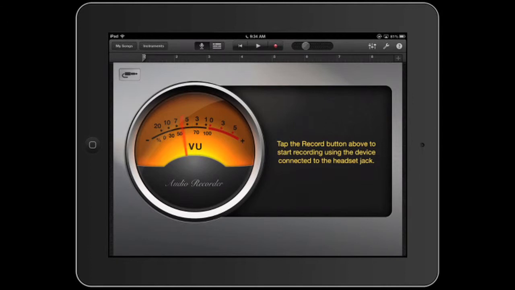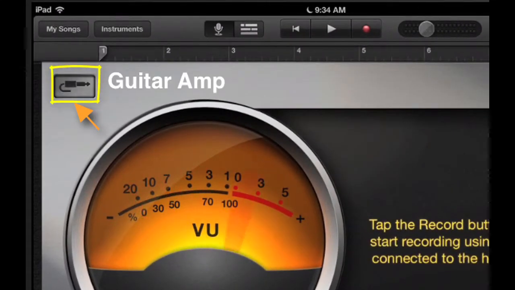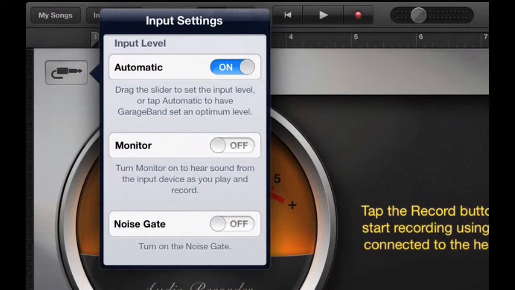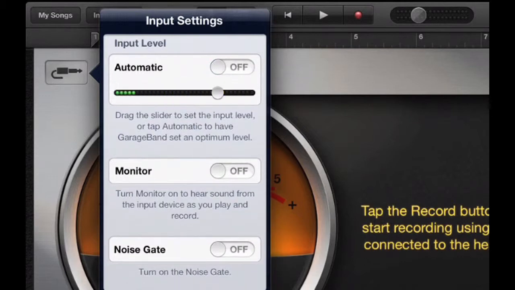In order to fix those audio levels so they don't peak too much into the red, you can change or modify them by going to the upper left-hand portion of the screen. Press that. As you can see, Automatic shows what my audio levels look like right now. Automatic is on-off. If I press it to on, you can see I don't have any control. If I press it to off, I have more control and I can see how high I want to put the level, where it's too modulated or over-modulated and it'll be very distorted. Or I can bring it down very low, or you can probably hardly hear it. So I want to keep my level somewhere in the middle where it peaks a little bit into the red,